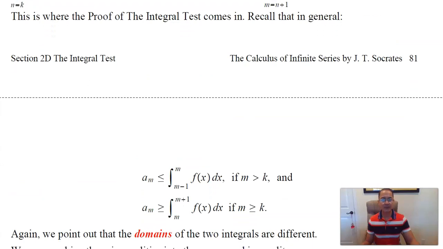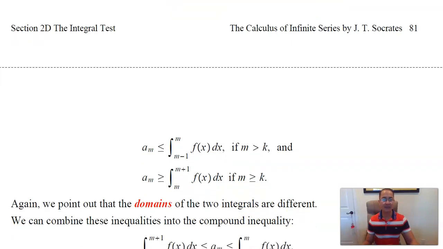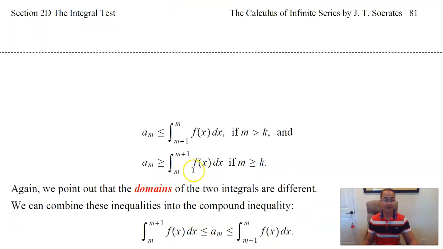Okay, but let's bring back the two inequalities that we saw earlier. We can put them together using a single compound inequality. Flip this over to the left. So a sub m is between the integral from m to m plus 1 of the function and the integral from m minus 1 to m of that function. In other words, that rectangle is entirely above the function between m and m plus 1, but it is entirely below the function between m minus 1